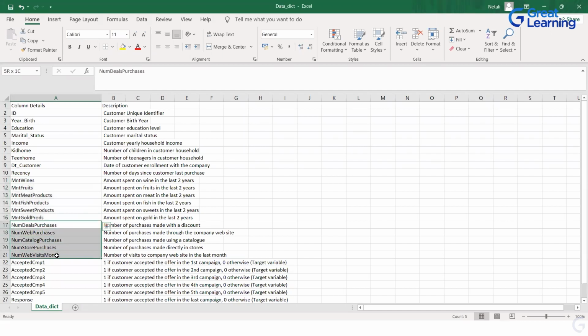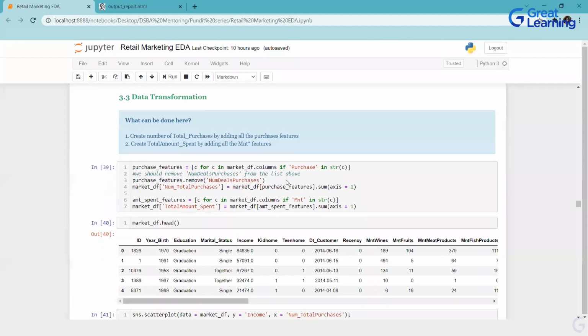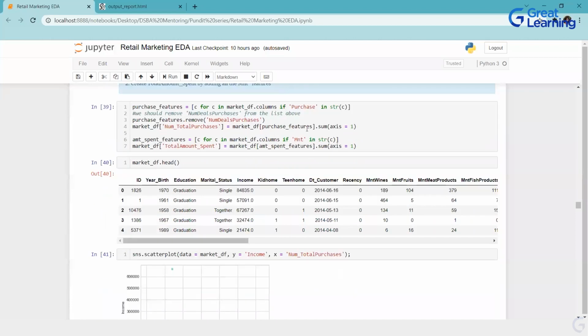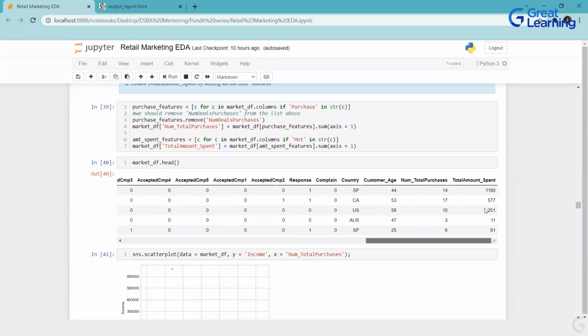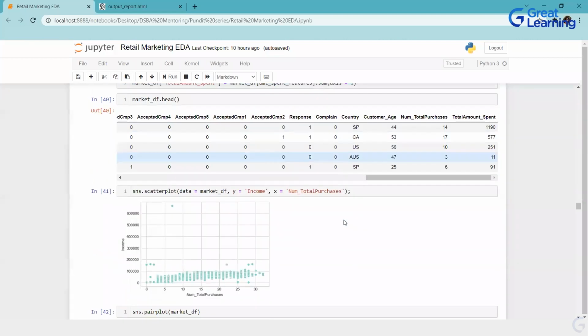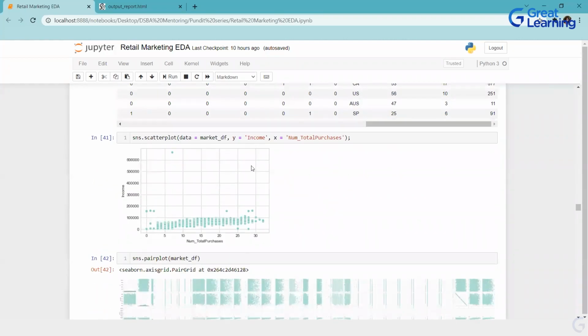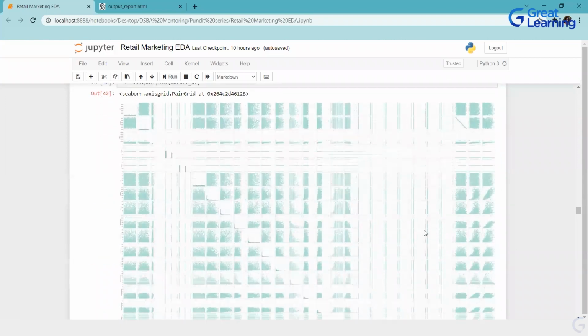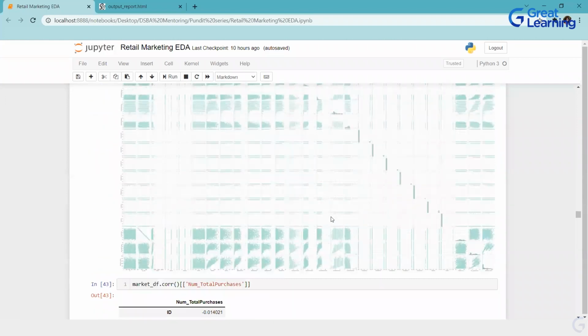Anything which is ending with purchase is the number of purchases. With that, I created 2 columns over here. One is all purchases combined and all amounts combined, which are amount spent and total purchase. And then we were seeing the interaction with income, and created the pair plot, but since many columns are there, you won't be able to see.